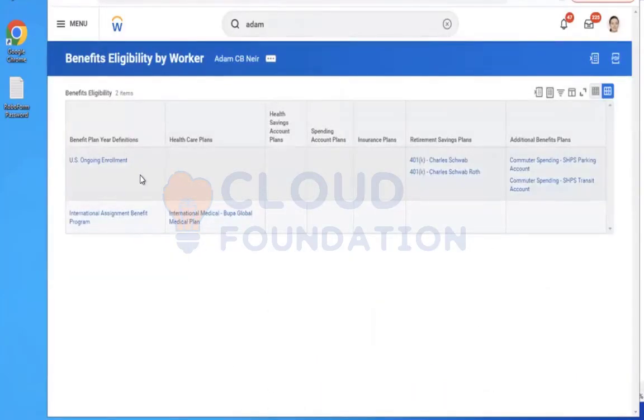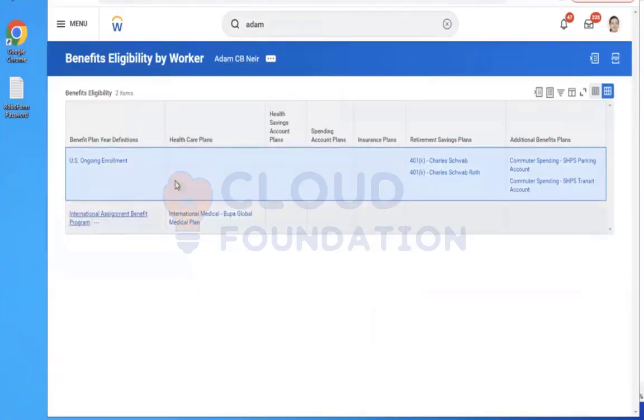Only for the plan year definitions which we have not created, he is eligible. For the plan year definition which we created, he is not eligible.